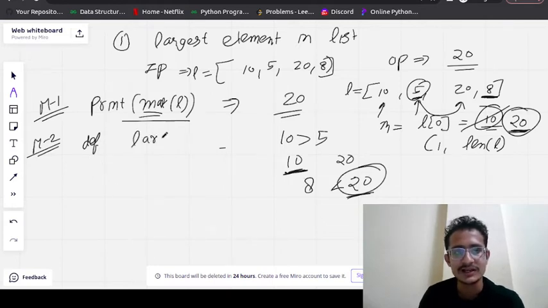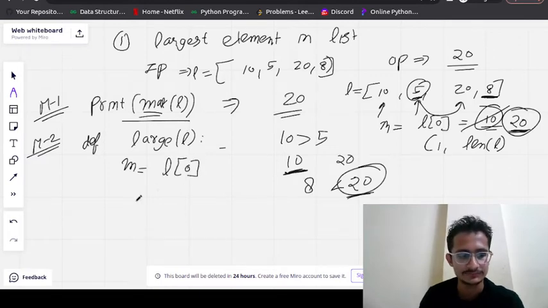So we can define a function large which will take the input as a list. I can assign M as the maximum element which will be L of 0. Now for X in range of, what we need to do?